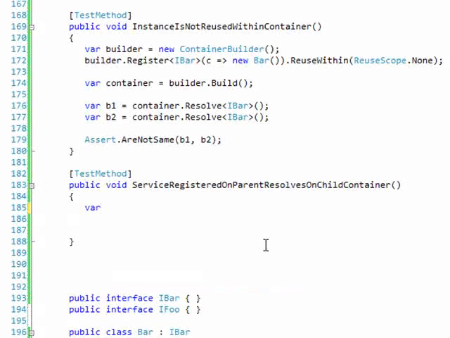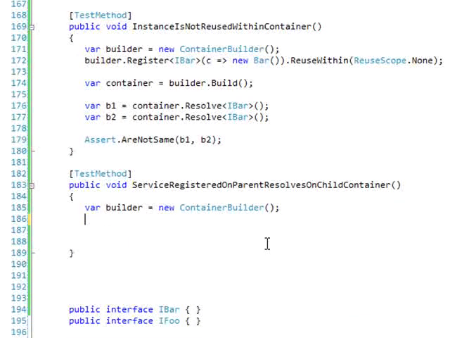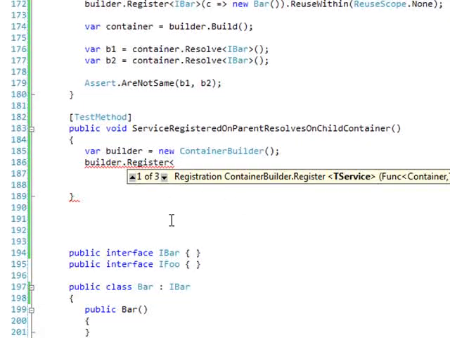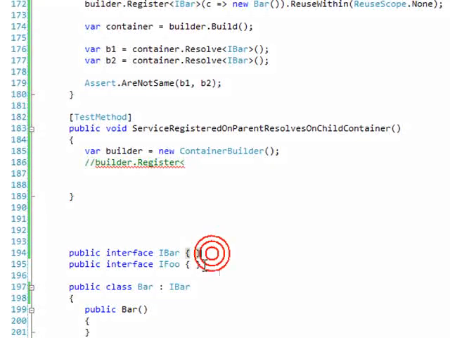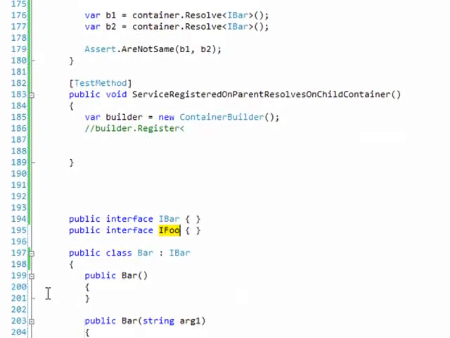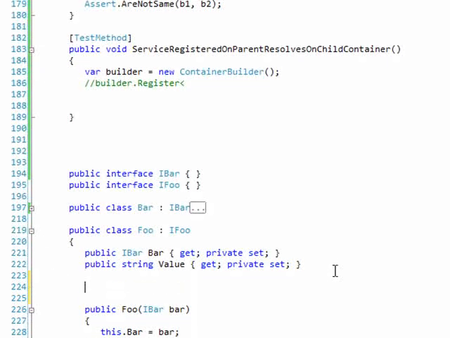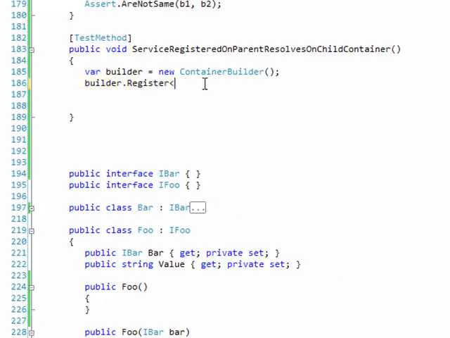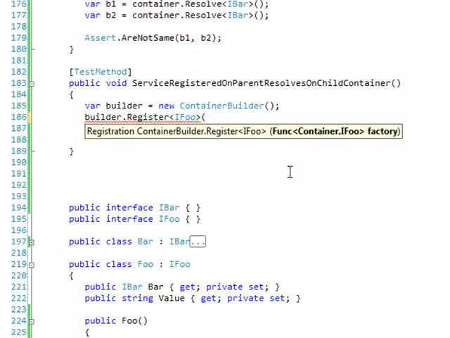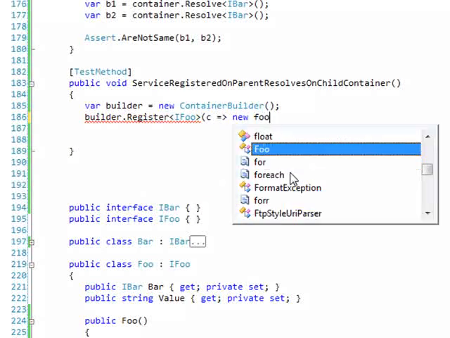So this would be, let's create a builder. And I'm going to start using the Foo class here because I've been using Bar for too long. And Foo is more natural maybe, so let's add a new parameterless constructor to Foo here so that we can use that. So let's register an IFoo new Foo,